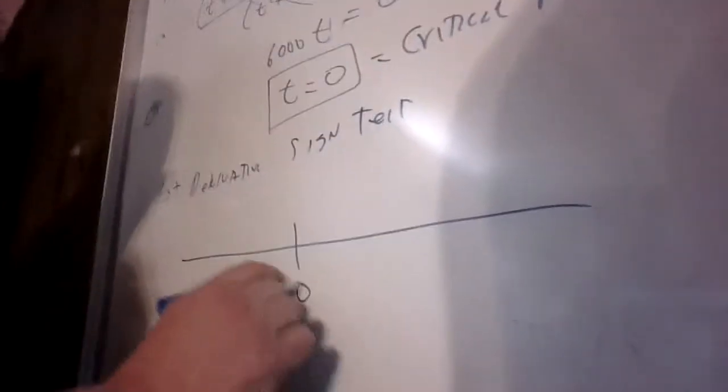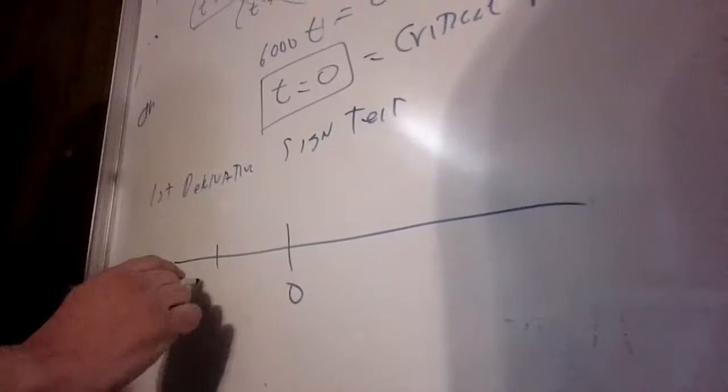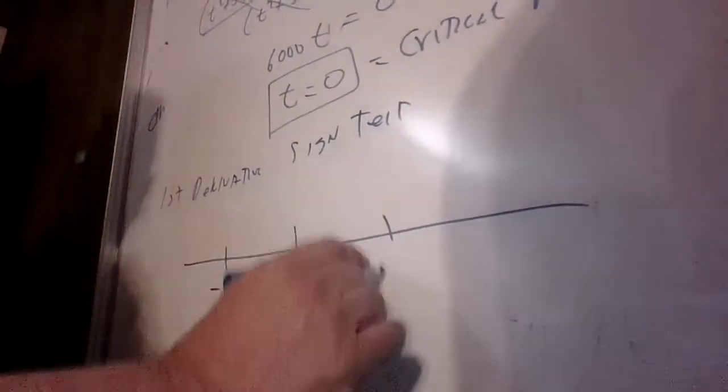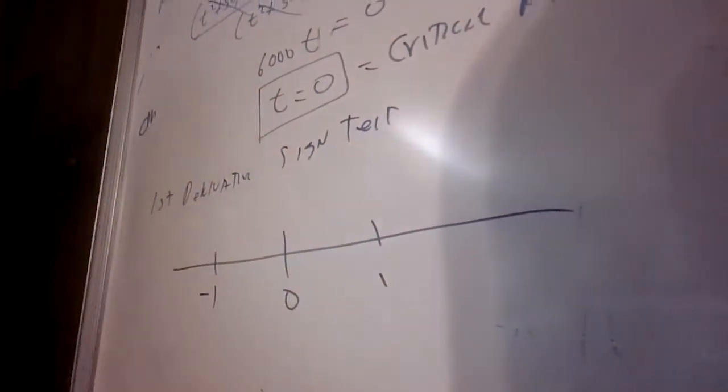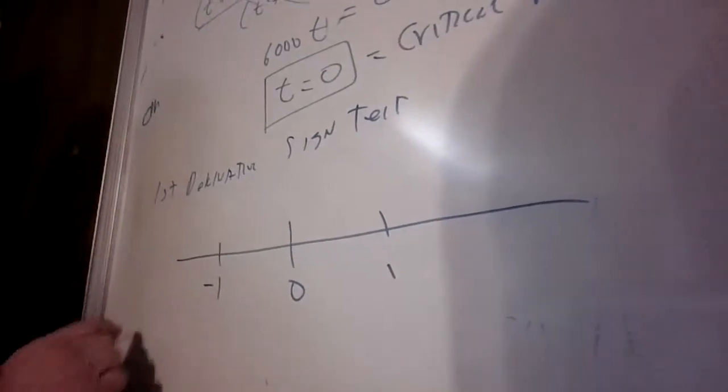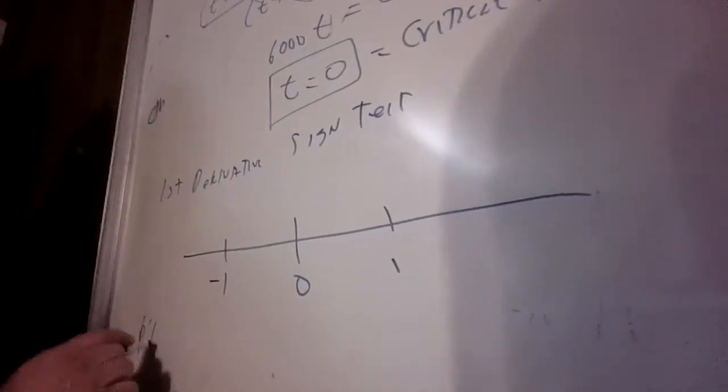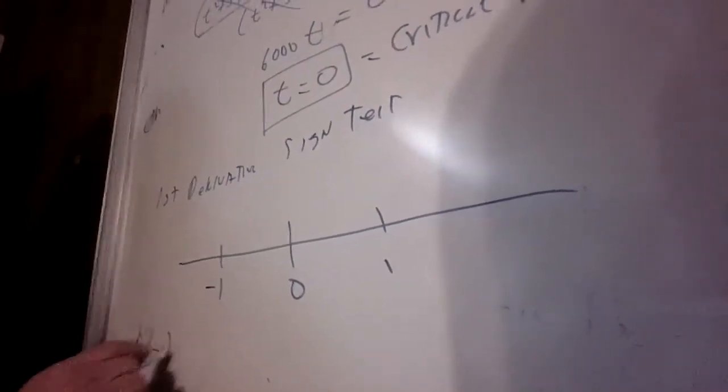That means I draw a line. I put 0 here. I go to the left, minus 1, right, 1, and I find the first derivative at that point. So R prime at minus 1, this is your first derivative,